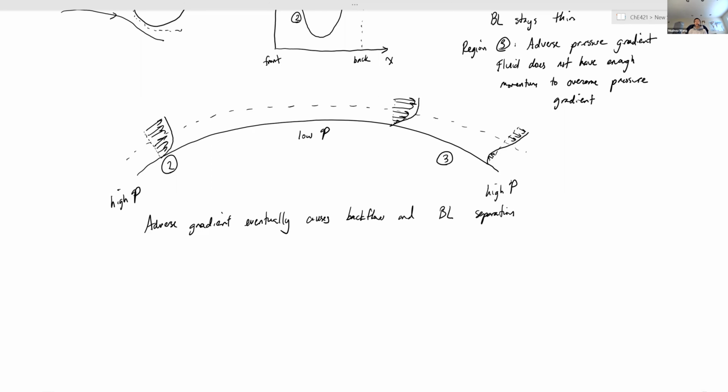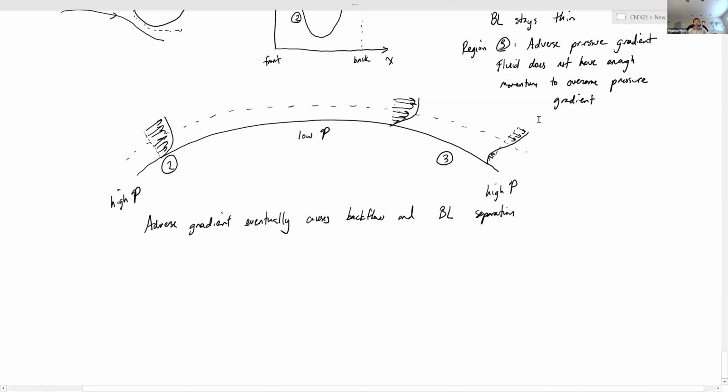inviscid flow suggests, right? Over here, we can still match the inviscid flow profile up here. Now, of course, near the boundary, that inviscid flow profile goes out the window. And so we have to do all the stuff we're dealing with boundary layer theory, right? But once you have boundary layer separation, there's not even any sort of flow in the boundary layer that you can use to match the inviscid flow, the outer flow profile, right? And so then the outer flow profile just becomes invalid as well.